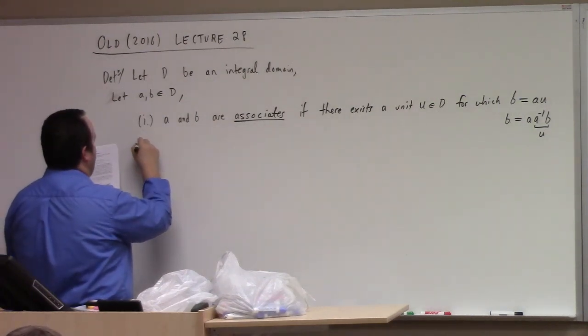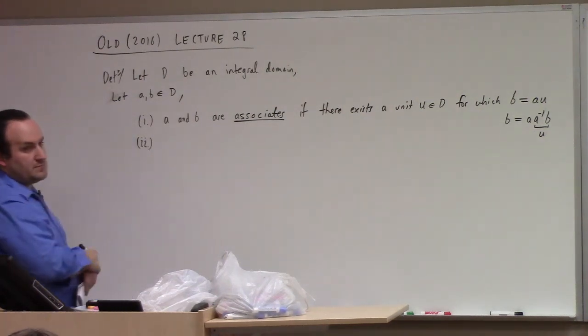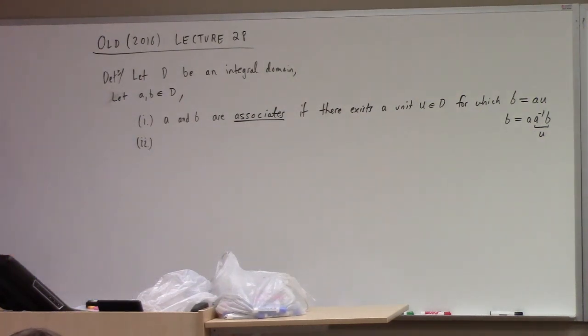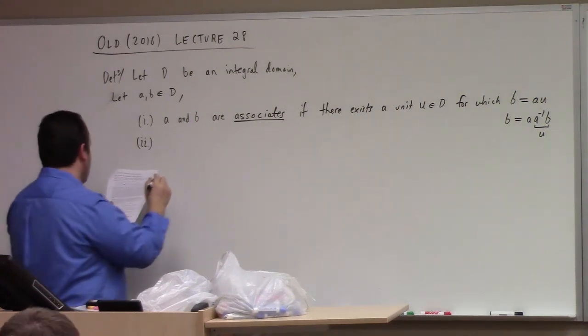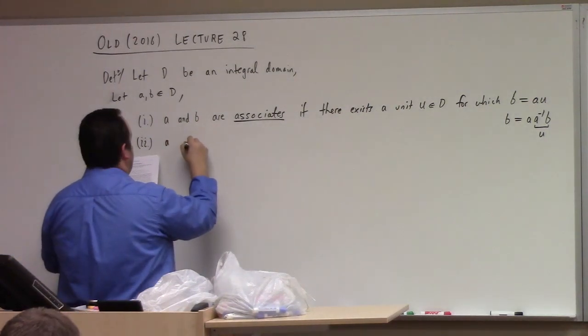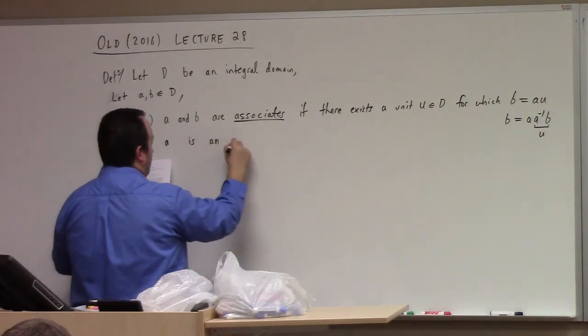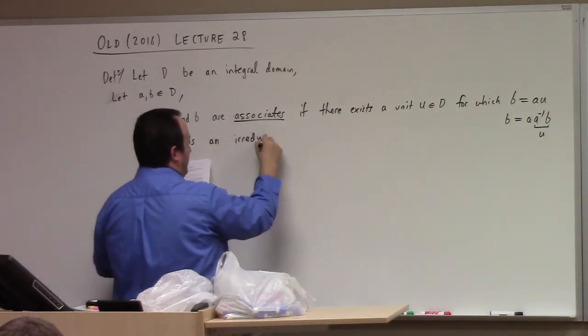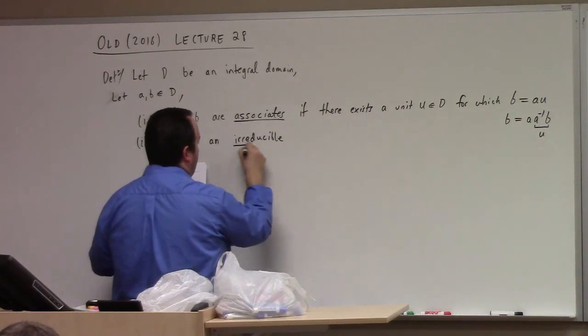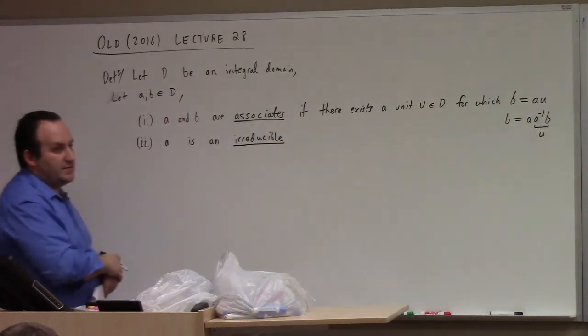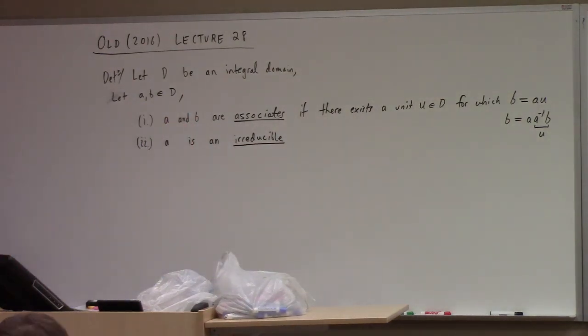How about integers? What are the associates of 5 in the integers? Plus or minus 5, right? Number two, A is an irreducible. So notice we're now defining irreducible in a slightly different context than we did before. I mean, certainly polynomials over a field are an integral domain, and that's where we defined irreducible before. But now I'm generalizing it to